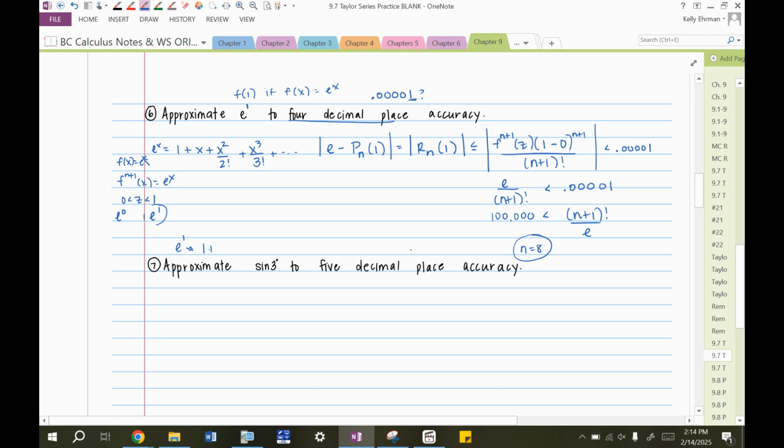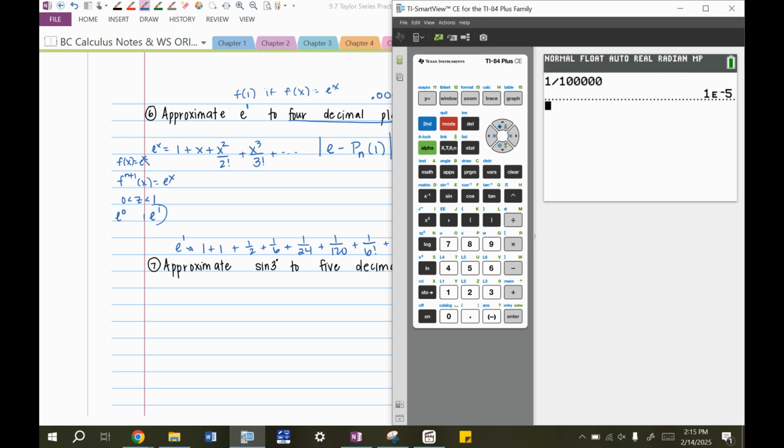So 1 plus 1 plus 1/2 plus 1/6 plus 1 over 4 factorial plus 1 over 5 factorial plus 1 over 6 factorial plus 1 over 7 factorial plus 1 over 8 factorial. I only know 1 through 5 factorial off the top of my head. So 2 plus 1/2 plus 1/6 plus 1/24